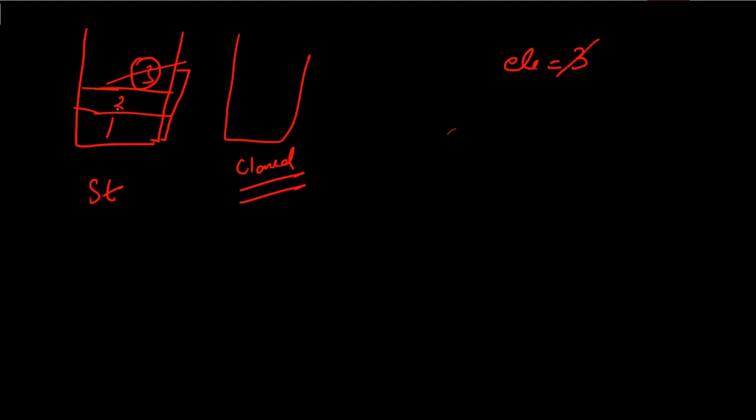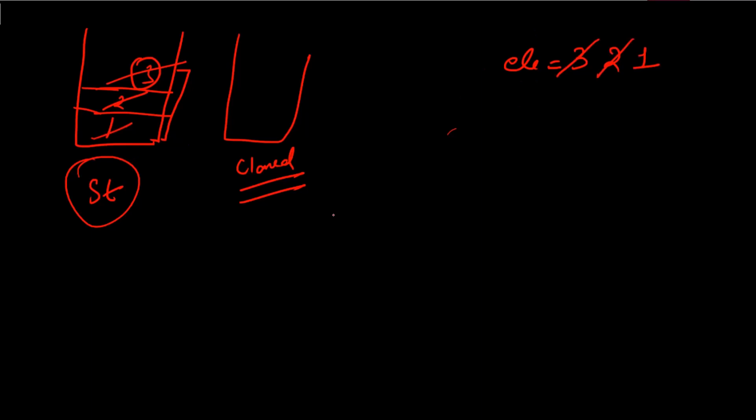As the function has been called again, in le now the topmost value is 2, so that is going to be stored, and we're going to remove it. Now the updated stack contains just one element, that is 1 itself, right? So again the le value will be updated to the topmost element present in the stack, which is nothing but 1. Now there are no more elements remaining in the stack to process. So this can be our base condition: if there are no more elements remaining in our stack st, we just have to return. That's what we are supposed to do.